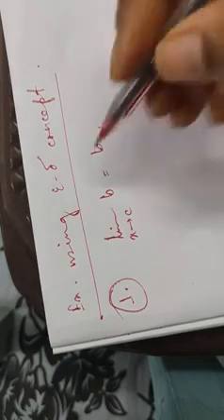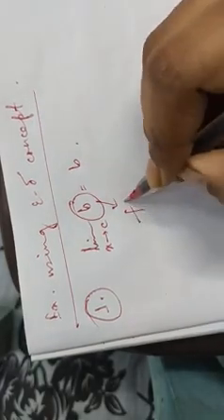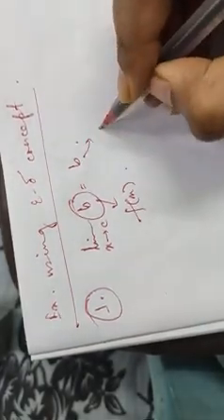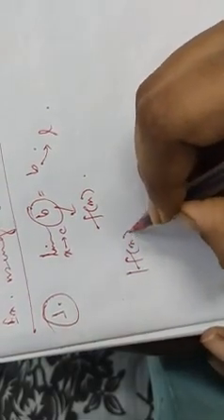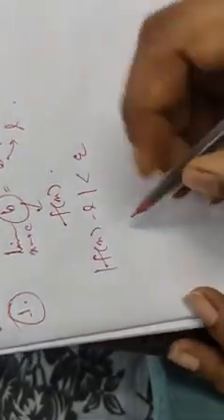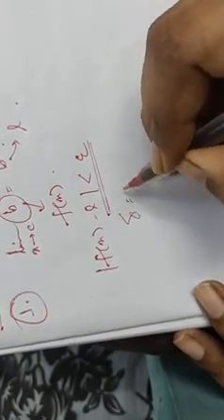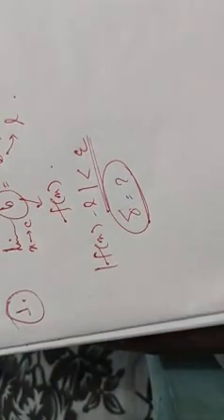Here the function is b, a constant function, so obviously its limit will be the constant. We all know that, but we have to prove it using the epsilon delta concept. Now here f(x) equals b, and this is our L. That means we need to show that |f(x) - L| is less than epsilon, and for that we have to find the value of delta. This is our main work, just to find the value of delta.